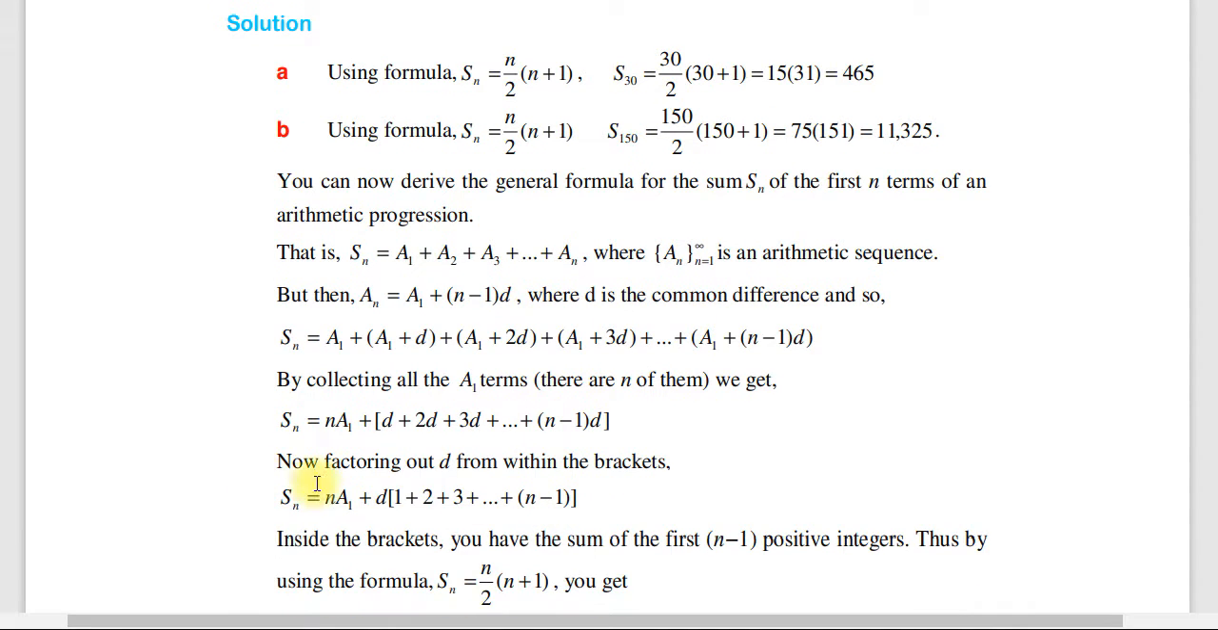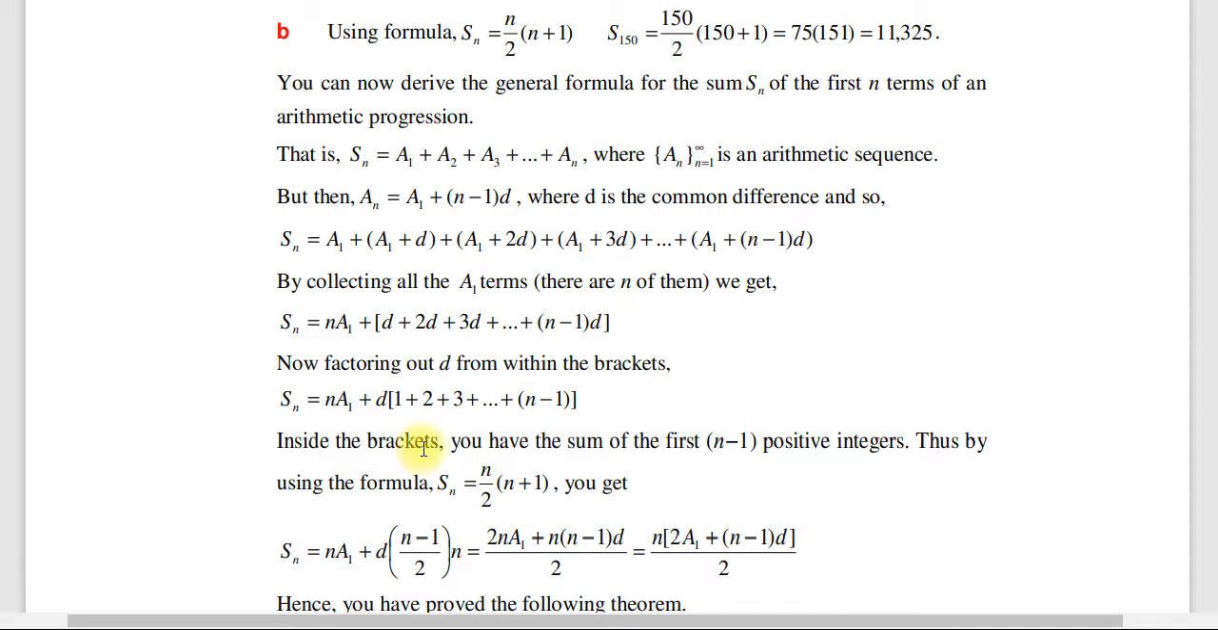So አሁንም now factoring out d from within the bracket ይለናል። የጋራ እናውጣ። ለምሳሌ d ንዝል ላይ d ስላለ d into ብለን እናውጣ። ስለዚህ እዚህ ጋር n a1 አለን n a1 plus d into 1 plus 2 plus 3 up to n minus 1 ድረስ እስከዚህ ድረስ ማለት ነው።